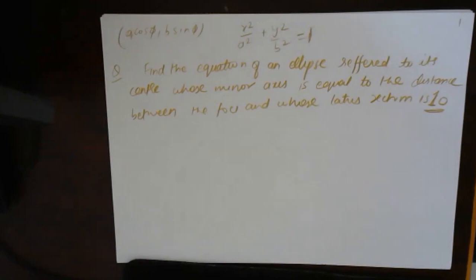x square by 100 plus y square by 50 is equal to 1. Very good. Correct. So let's solve this. One of you has got the answer. So let's try solving it. So what they're saying is,